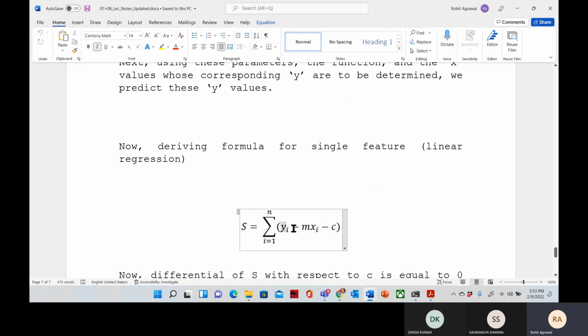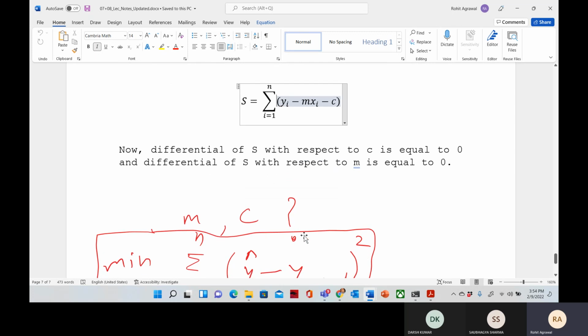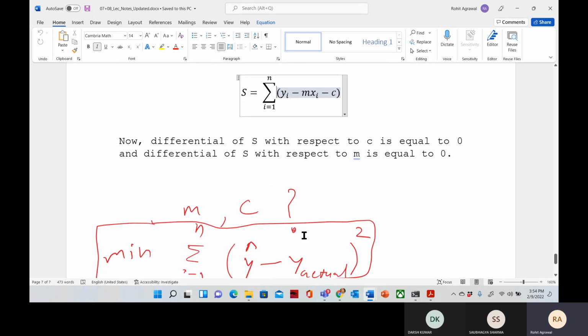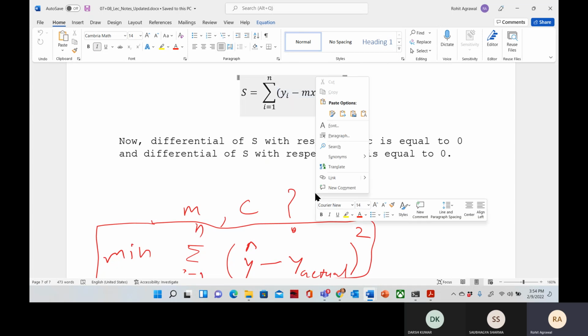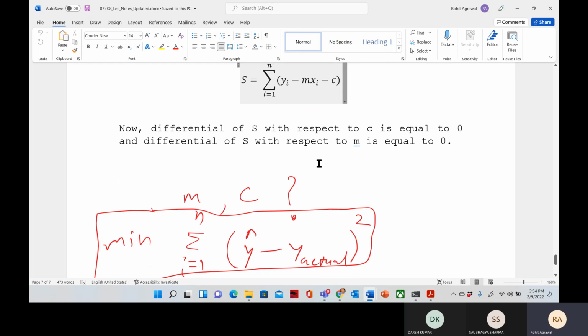This mx plus c, we have obtained value from the function, and this y value is given to us, and one of you has requested me to show one example that will show you this error. Do you remember from the previous class? Yes. So this was the error, and our goal is always minimizing this error. Instead of minimizing this error, we are minimizing the square of this error, not exactly this error, minimizing the square of this.